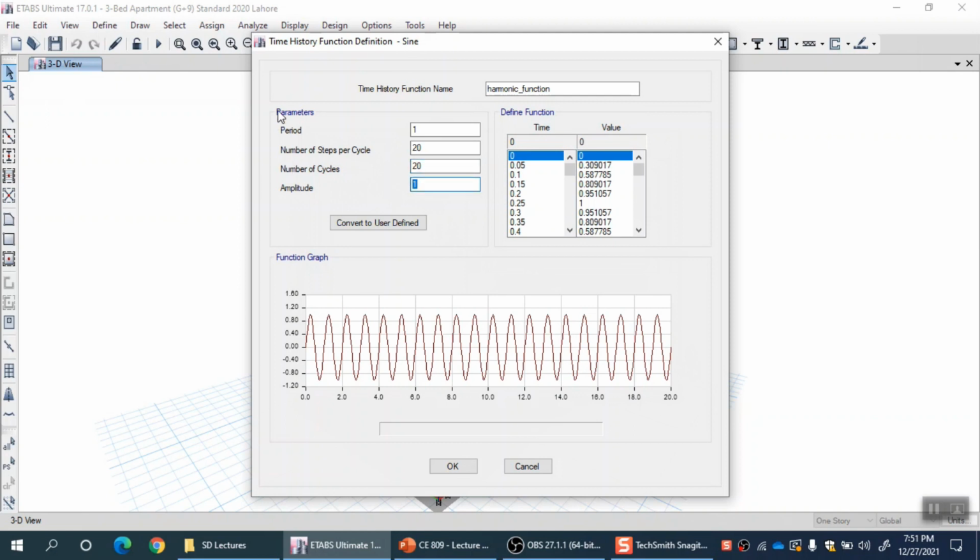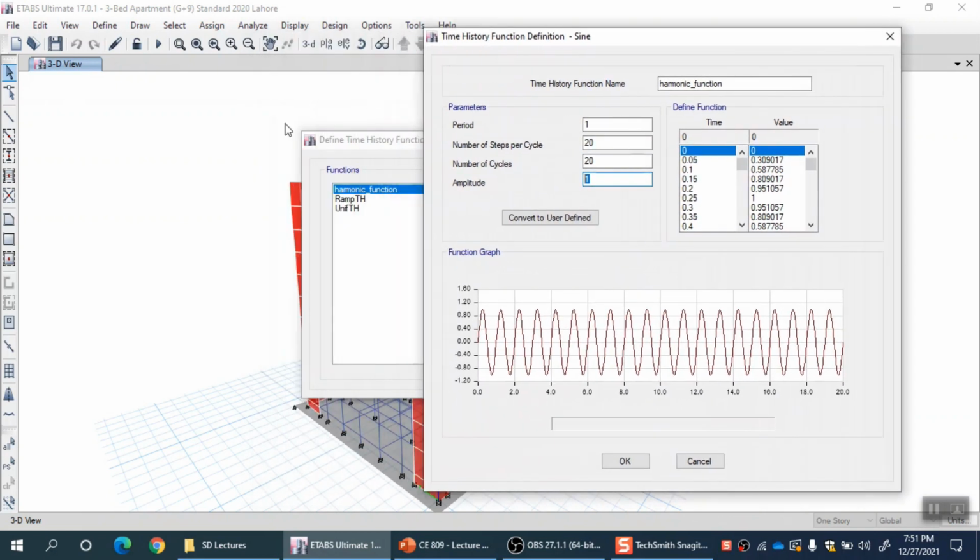The amplitude is the height of that sine function. So either I can apply a loading at that particular node, I apply 1000 Newton and I just give this amplitude as 1, or I can give 1000 as an amplitude and then apply a loading of 1 Newton, right.